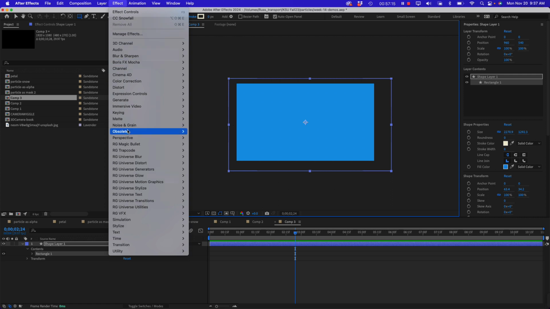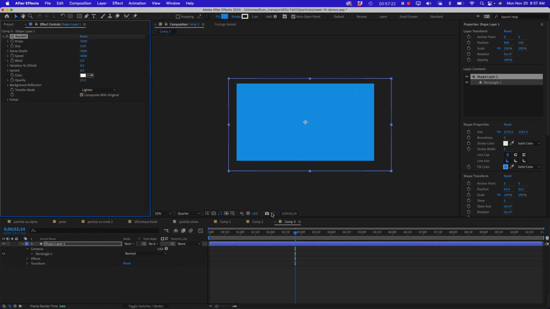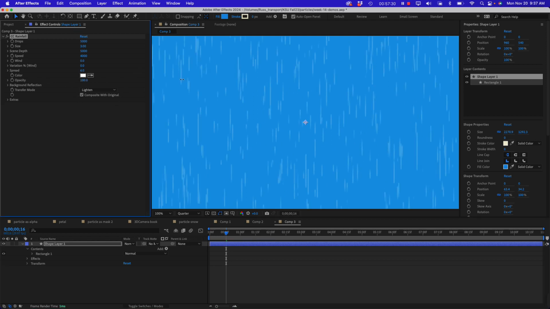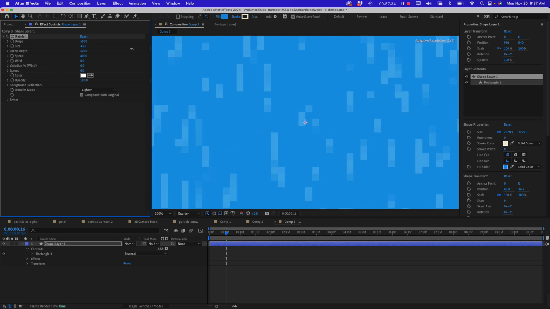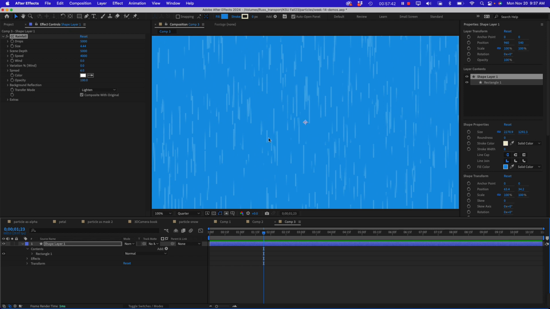Maybe this time we'll try rainfall. These are really subtle effects, and you really got to mess around with them to get something you can see. So, I could use the same technique I just used to mask that and move it in front of other objects, but maybe this